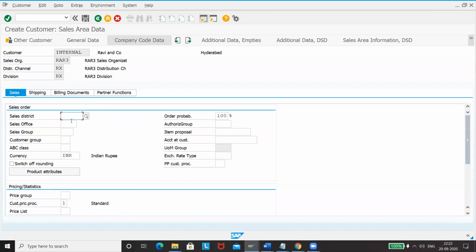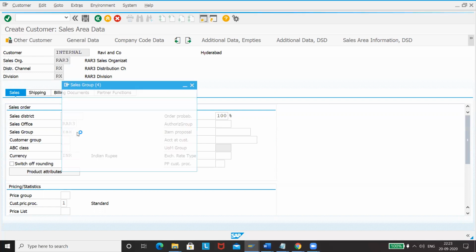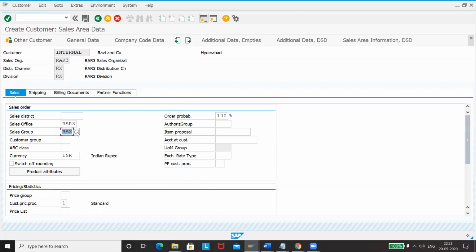In sales area, we've created sales office and sales group. Since we've created them, we'll maintain here. We have created RAR3 and we have created sales group. We have created REX, I guess. Just press F4 to come here. Yeah, it is REX. So this is absolutely fine.